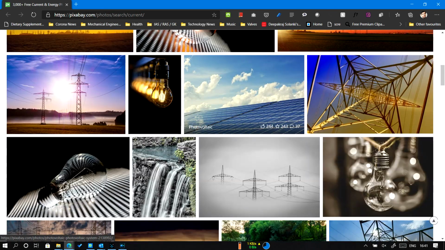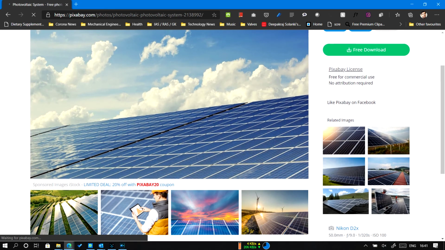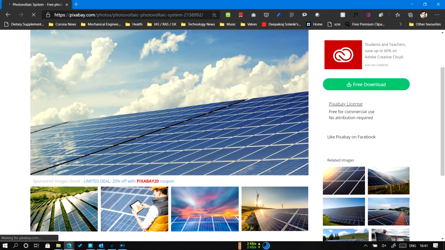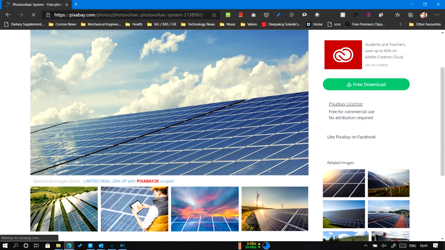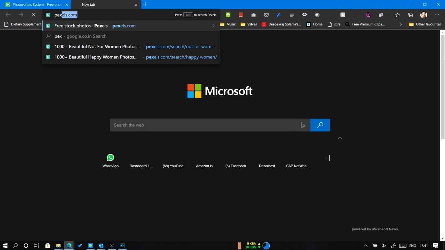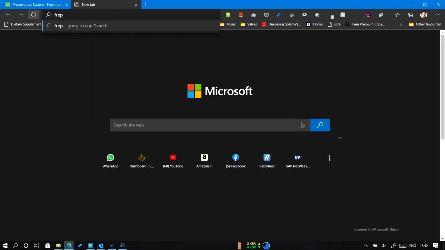Once you open the image, you need to see here: Pixabay license, free for commercial use, no attribution required. This is the case when no attribution is required. There are some websites like pixabay.com, then Pexels.com, then freepik.com.